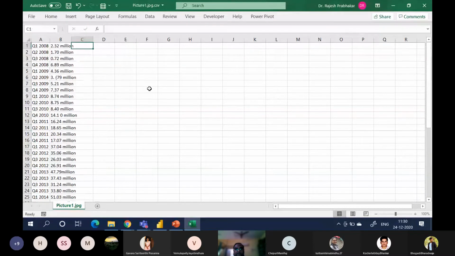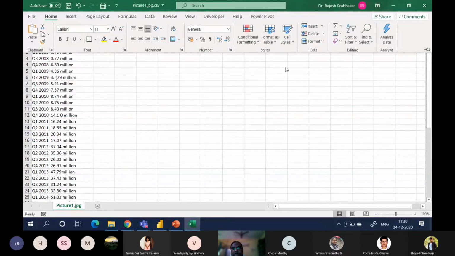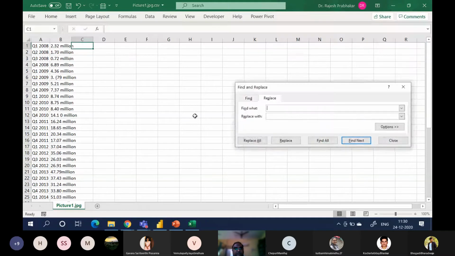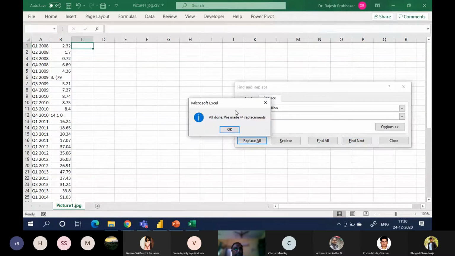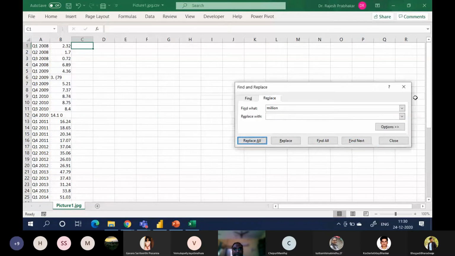We can remove the word million. Replace million. Replace all. Okay.